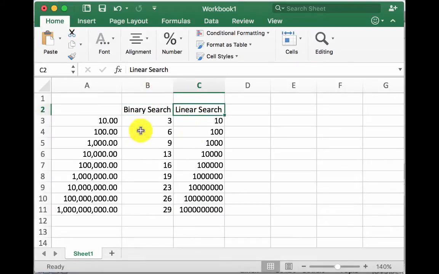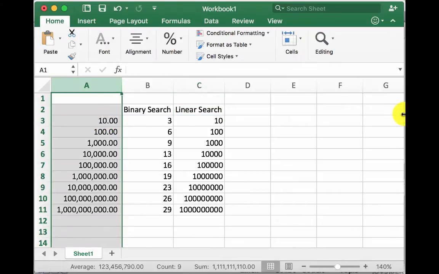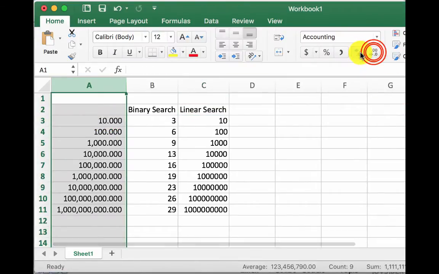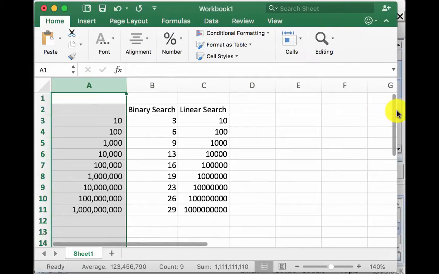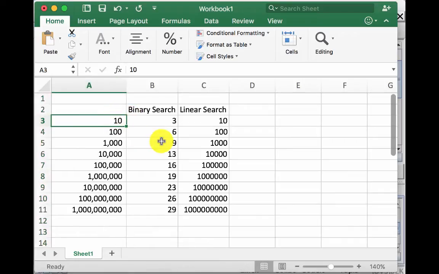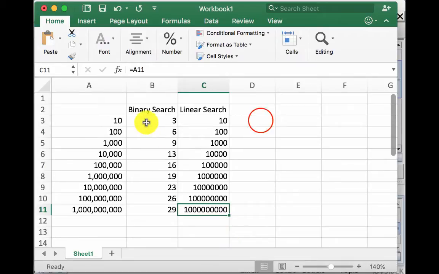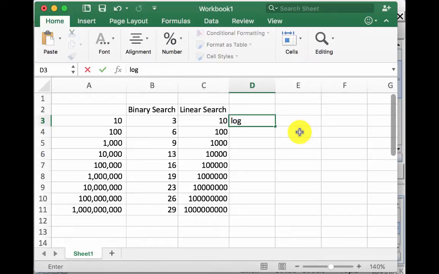The worst case scenario is if there's 10, let me get rid of these zeros, there we go. In the worst case scenario with linear search, if there's 10 elements in the entire array, I'll have to look through all 10. If there's 100 elements, I have to look through 100 elements. If there's 1,000,000,000, I have to look through all 1,000,000,000. That's very inefficient. The binary search, this is log base 2